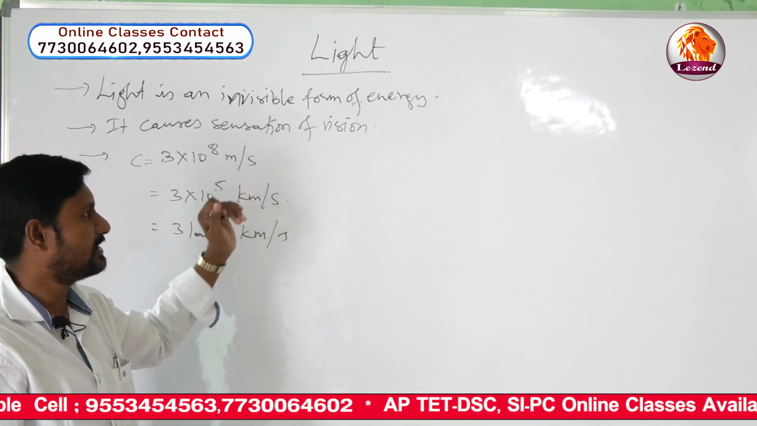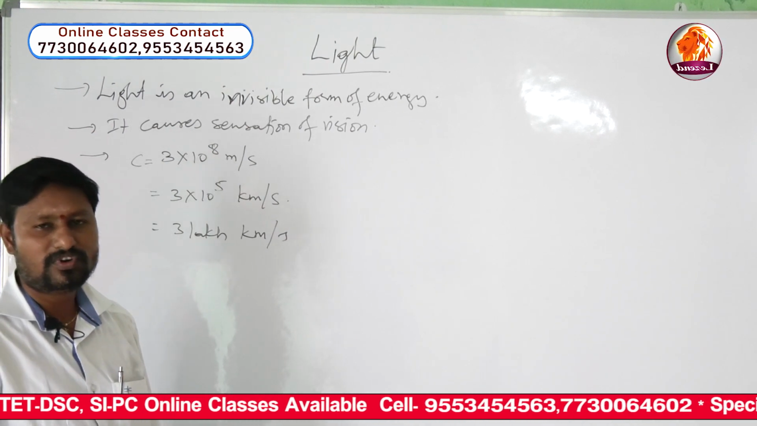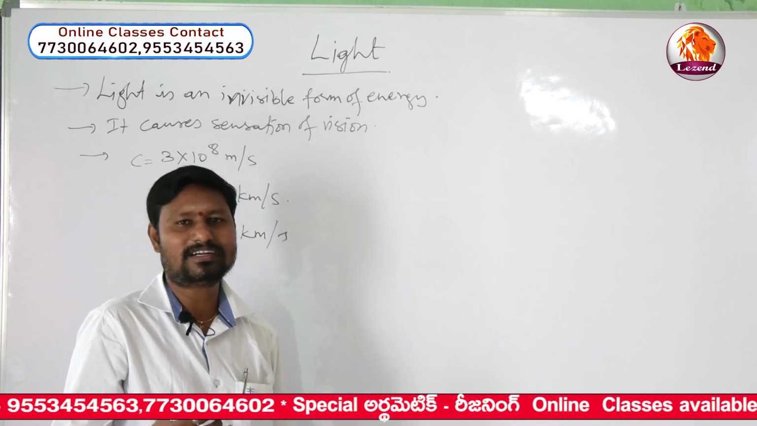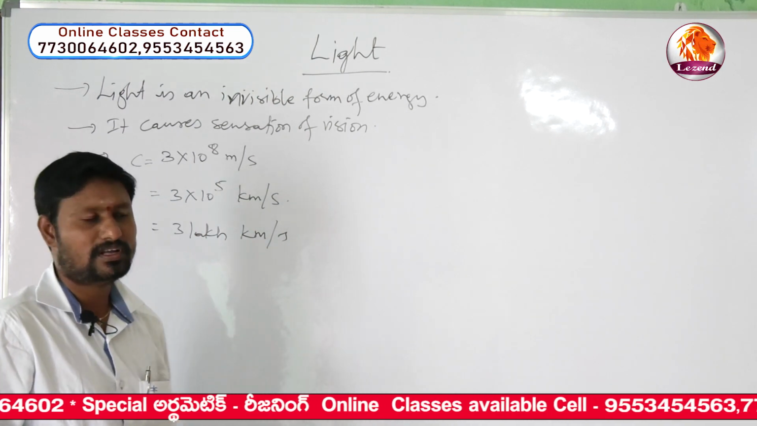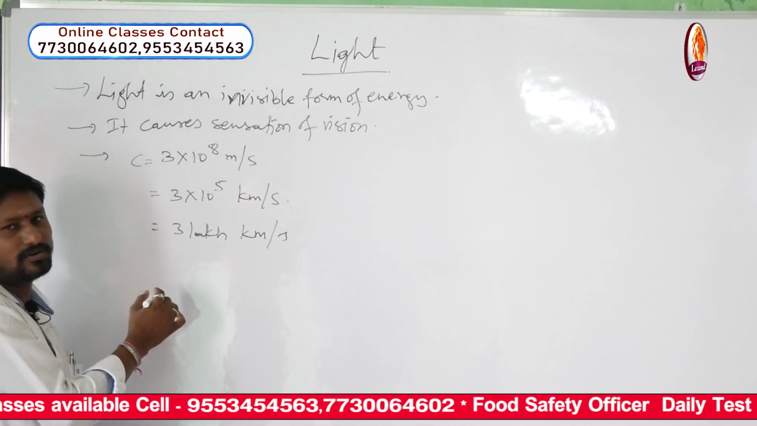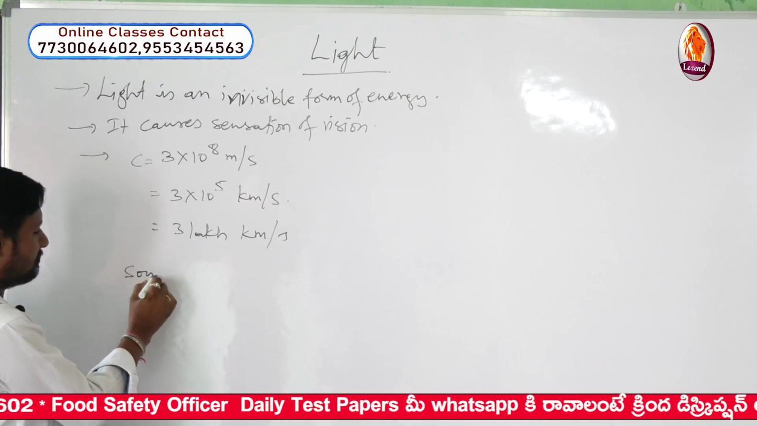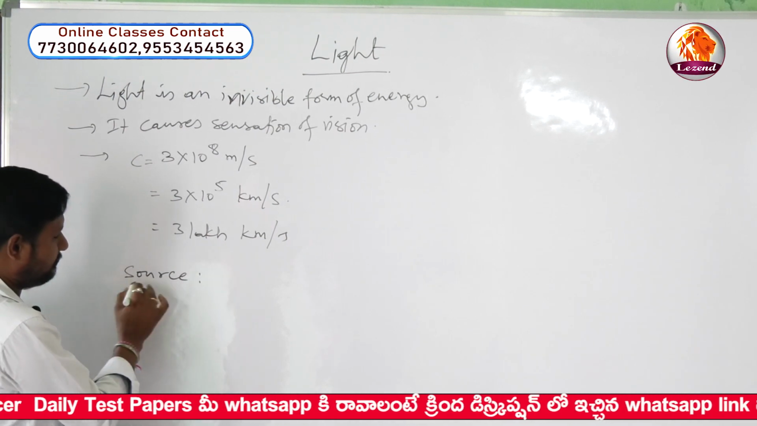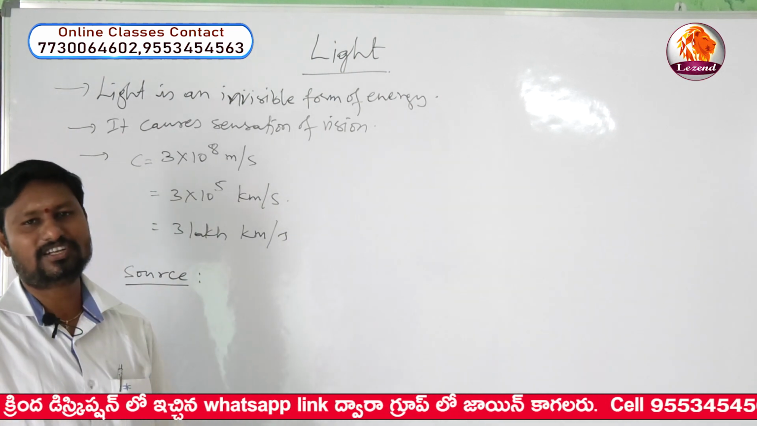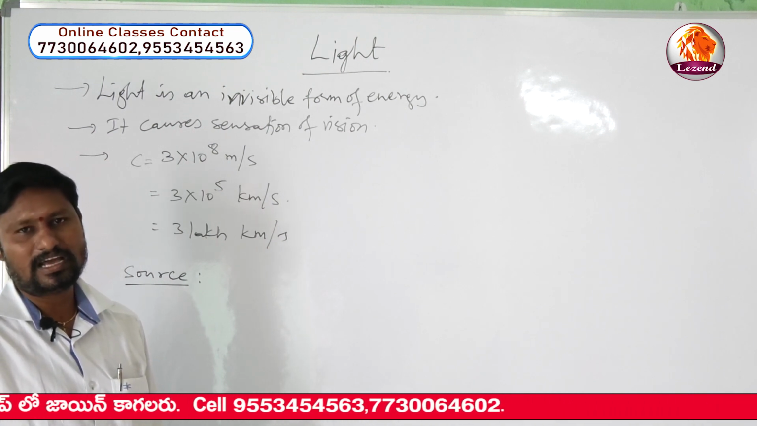And in this light chapter, in order to understand the main topics, we need to know some technical terms. Without those technical terms, we cannot understand the light chapter. So let us take some of the common terms which we use in this light chapter first of all. Mainly we use the word source. Source means an object which gives light energy is called a source of light energy,